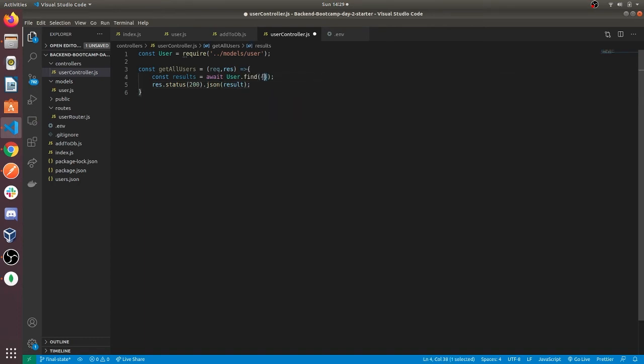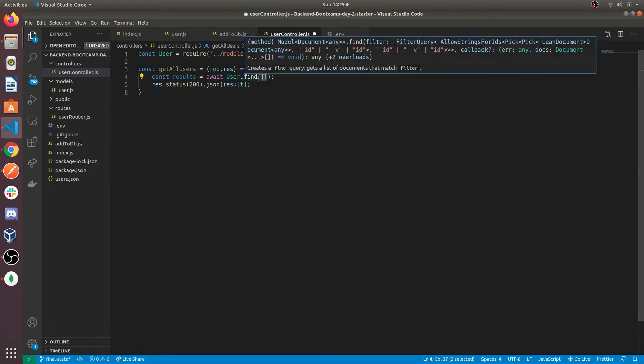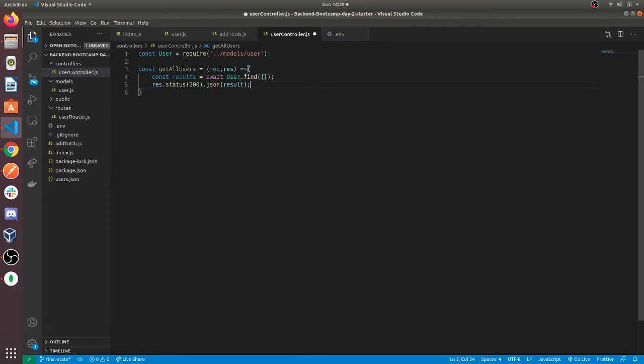Here I have sent a blank object. A blank object matches all the documents. If we have to provide some specific condition, it will go in here. This can be used as a filter object. Now we'll just quickly write the other functions as well.